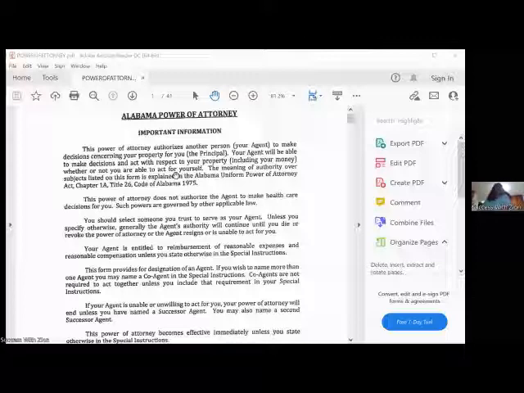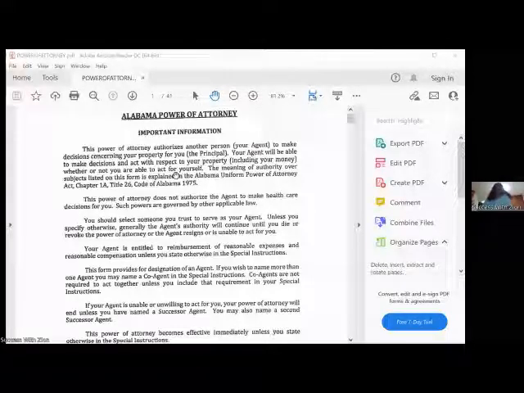And I'm not going to go through the whole thing, but you could kind of browse it while I go. If you want to give it a screenshot, I'm going to scroll slowly. Okay, then grant a specific authority. It says my agent may not do any of the following. So it's saying what they don't allow them to do, and they would initial next to whichever ones they don't want. If none of those count, or they don't want to pick anything, they don't have to. It's only if they want to, then they would initial next to that.